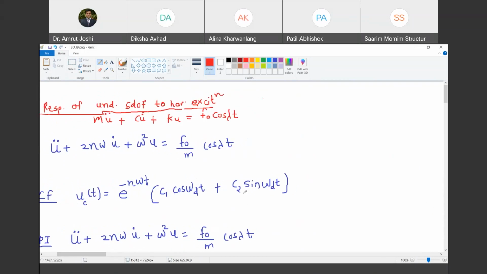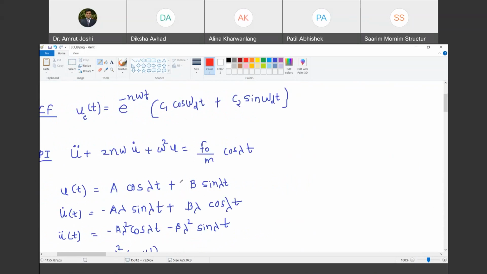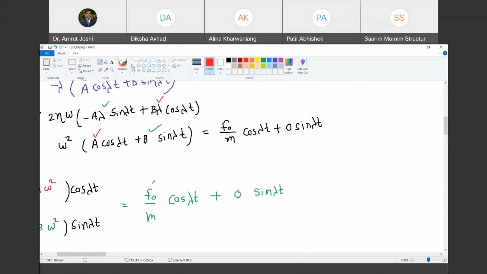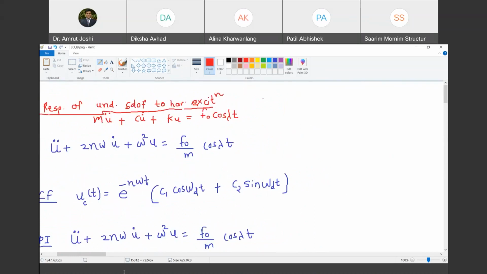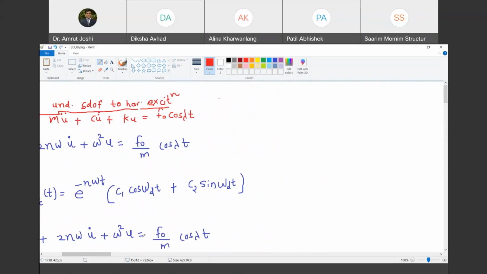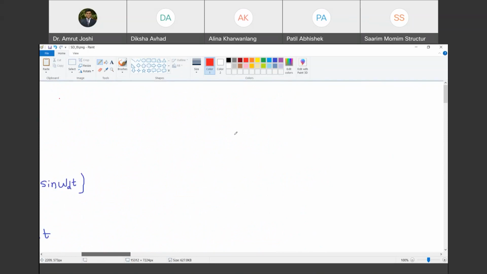This cf itself has two constants. Those constants have to be obtained from boundary conditions. Are you with me? And in pi, the two constants we introduced, a and b, we now have their values and we have expressed those constants in all system parameters. Are you with me? So we have now a complicated looking equation. Now we will write down that u of t will be cf plus pi.